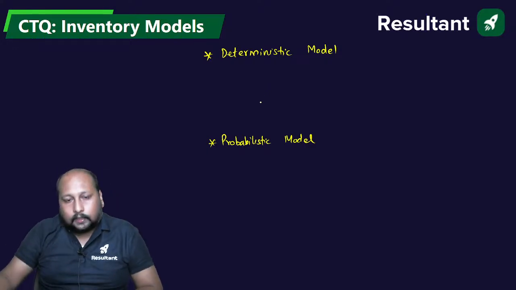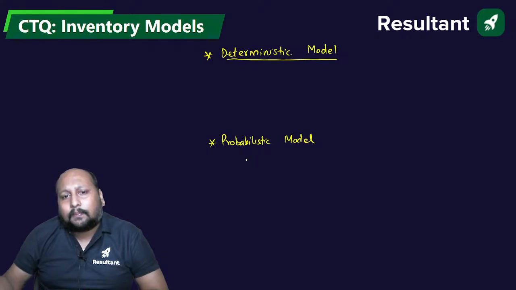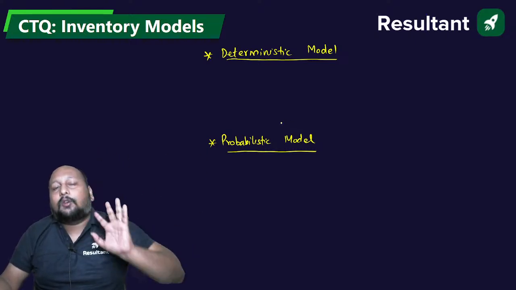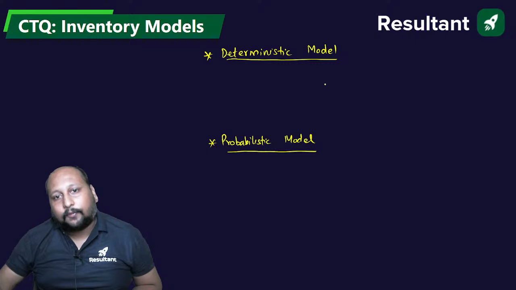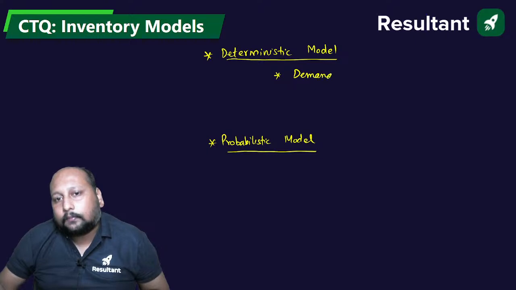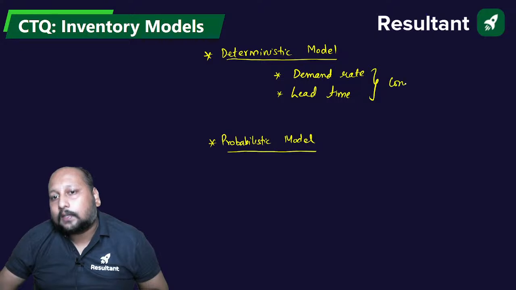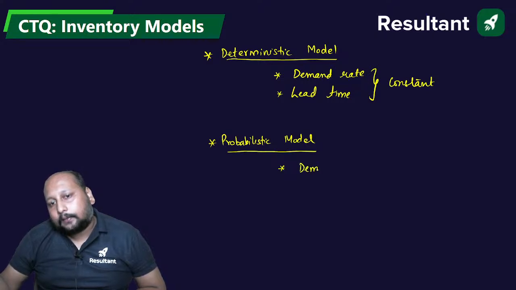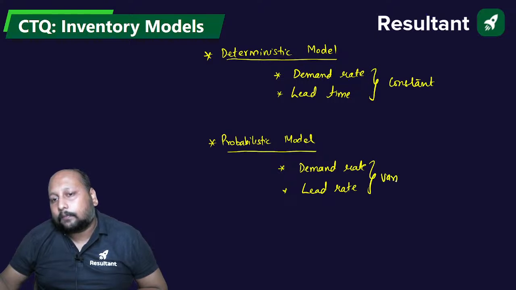Okay, so deterministic model or probabilistic model, the major difference between these two is, by the name itself we can say, in deterministic some parameters will be constant, and in probabilistic the parameters won't have a fixed value, they will be variable. So if you try to visualize, in the deterministic model the demand rate and the lead time are both constant values, right? But in the probabilistic model, the demand rate and the lead time, or any one of the parameters, will be a variable value, right? Okay,